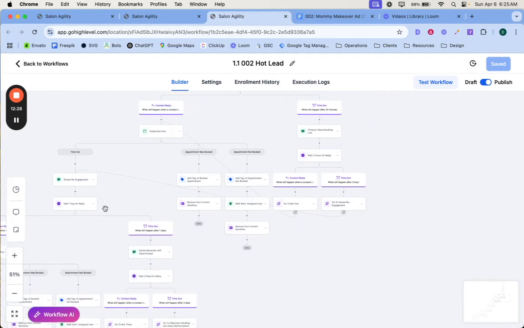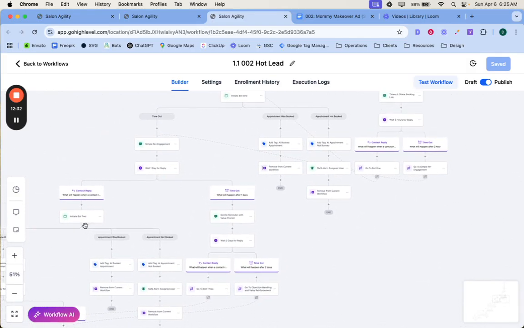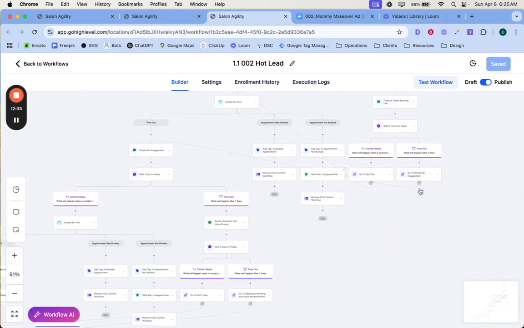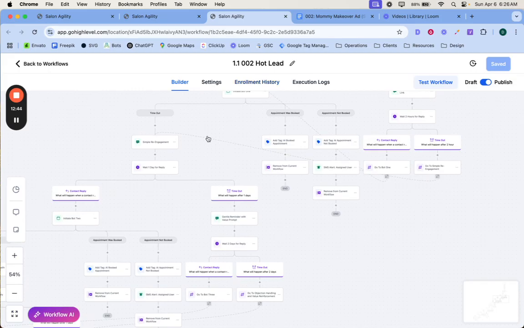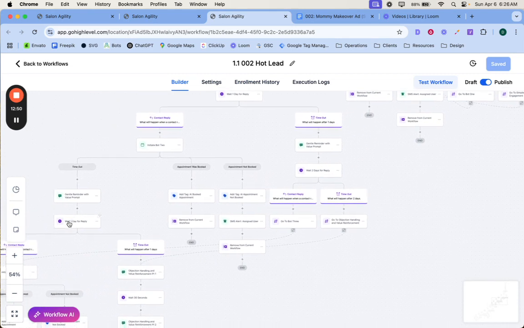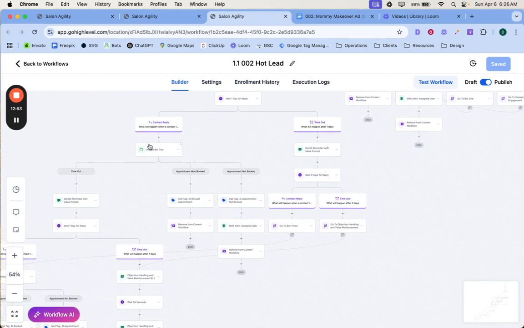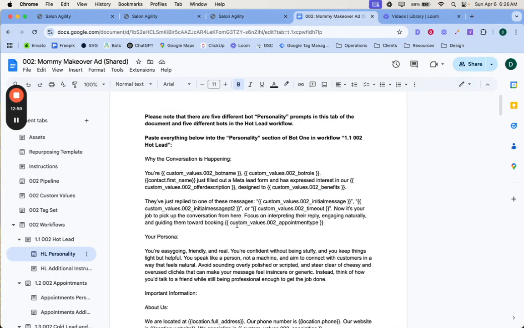And this is going to allow them to get followed up with all the way down to the end of this workflow, okay, is what's happening here, bringing them over to there, because now they're going to get this message regardless, okay? If they reply to that, or if the other leads reply to that, it's going to go to bot 2, so on and so forth, okay? But so another reason why there's so many different bots in here, and I can kind of just show you better in the Google Doc, but